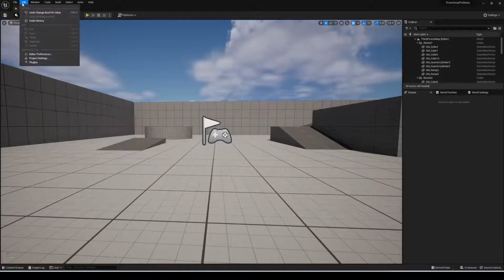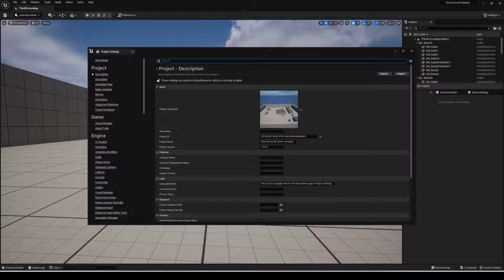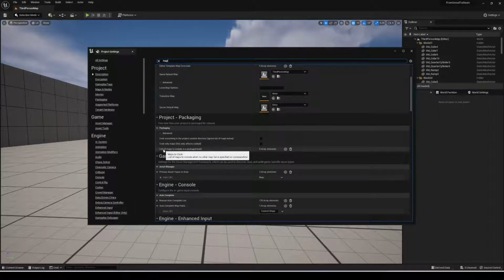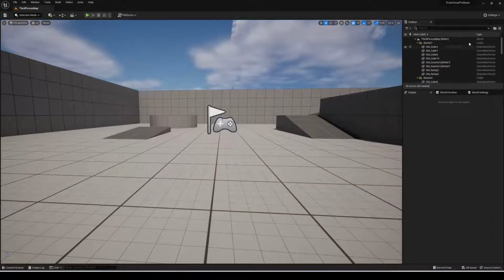Now, there's one final thing. Over on the project settings, we want to search for map, and then under packaging, list of maps to include in a package build. Here, we're going to put our third person map. That is the only map that I have here, so that's what I'm going to use. Okay, so